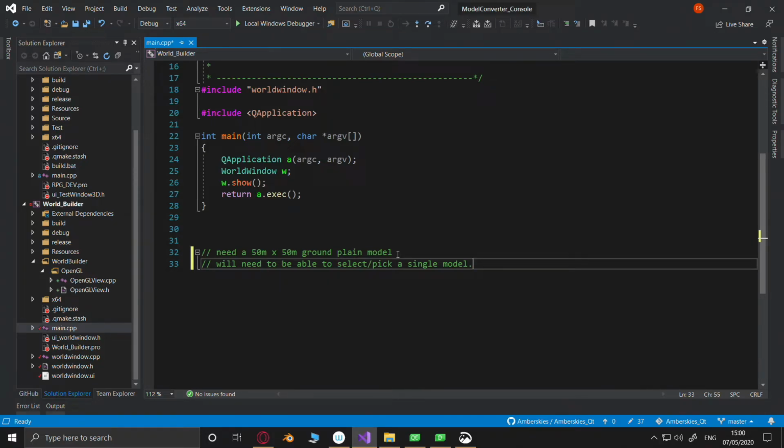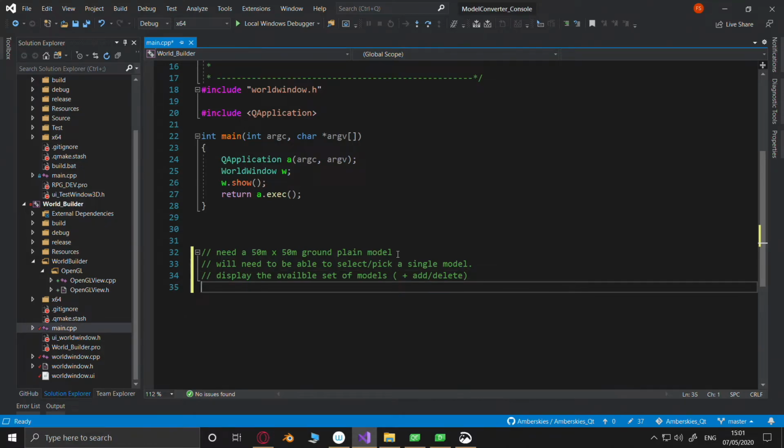So we will have to be able to display the available set of models, plus add and delete. And we will need to be able to pick and place. Those are the 3 main things I can think of.